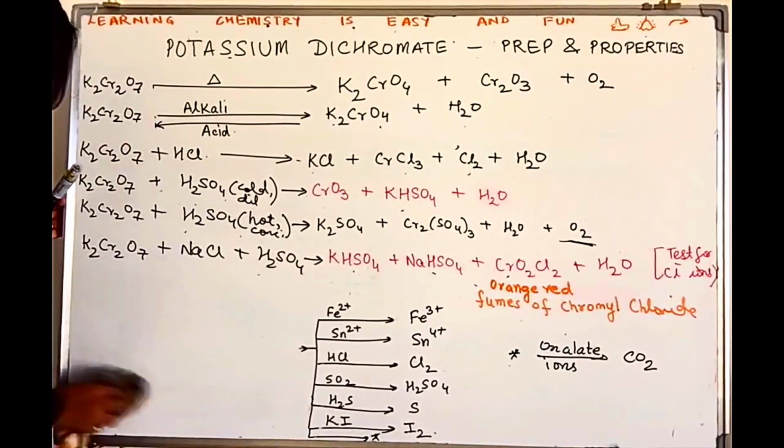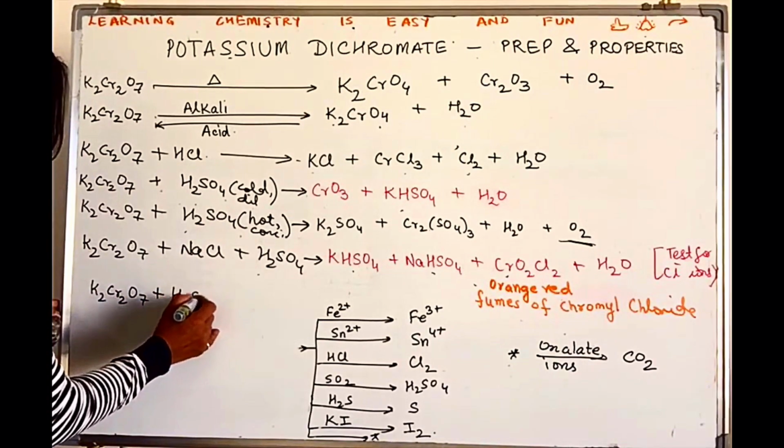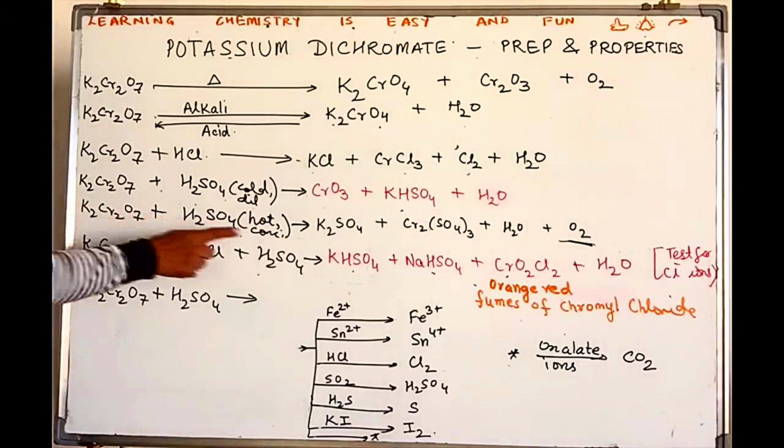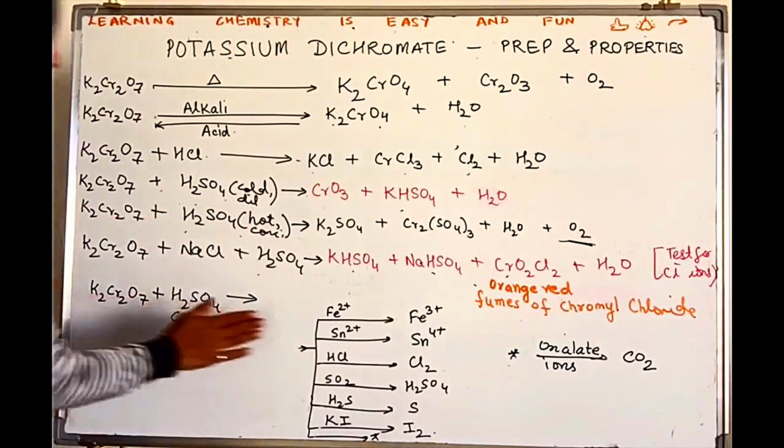Now comes the interesting bit, because this is where I'm going to teach you the partial equation method. So, potassium dichromate behaves as an oxidizing agent in neutral as well as acidic medium. So let's suppose I'm talking about potassium dichromate with H2SO4. Can you see somewhere where potassium dichromate with H2SO4 is releasing oxygen? Very correct. It's concentrated H2SO4, right? So my equation over here becomes